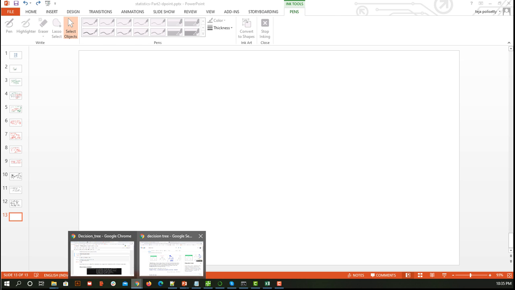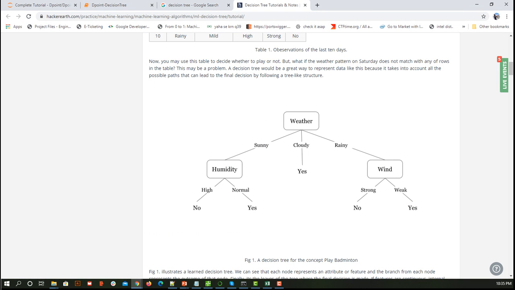Here you can see our intention is to decide based on the weather and its sub-attributes. Based on our given data, we need to say whether we should play today or not. First they check what the weather is, whether it is sunny, cloudy or rainy. If it is sunny, then they have to take one more decision: what the humidity is, whether it is high humidity or normal humidity. Based on that, they finally say yes, today we play, or no, today we do not play.